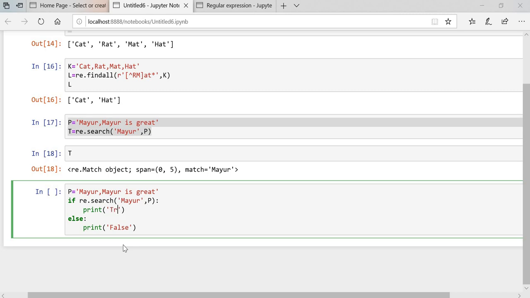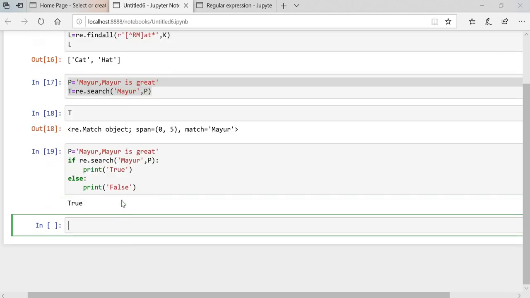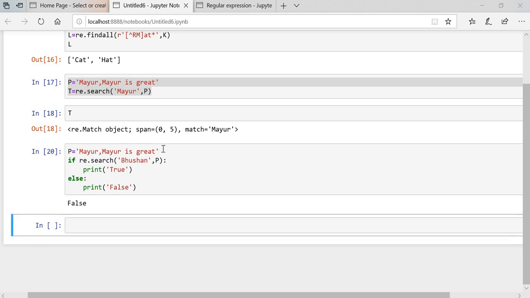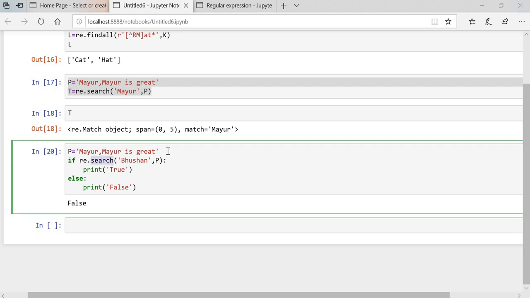Put here true. Execute. We got true. Why did we get true? See, in this string statement, Mayur is available. That's why we got Mayur. If you put some other name like Buchan, we get false. So this is the search function that we can use to find if an element or any string value is in the statement or not.